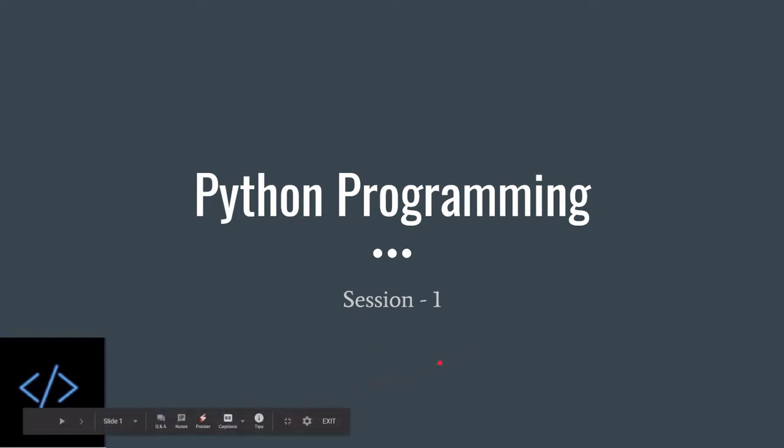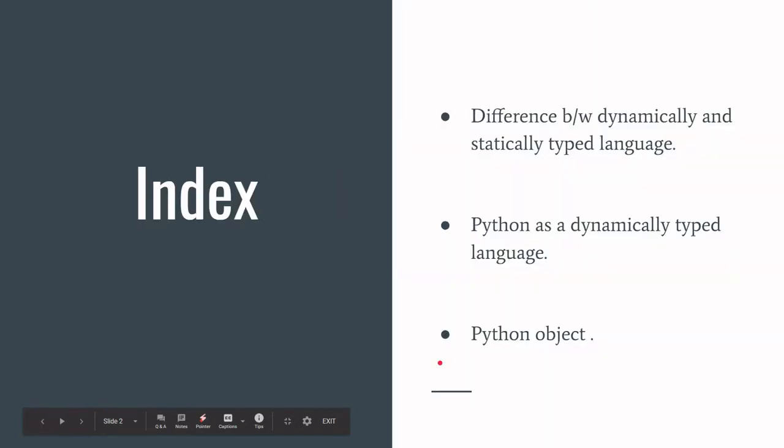In this video, we'll cover the following concepts. Firstly, the difference between dynamically and statically typed language, its emphasis with some execution examples. Secondly, I'll dive deep into the concept of dynamically typed language and will tell you more about Python as a dynamically typed language. Then I'll present some programming examples and expressions written in Python itself to make this more clear. Thirdly, we'll discuss the concept of Python object, which will answer many of your queries.